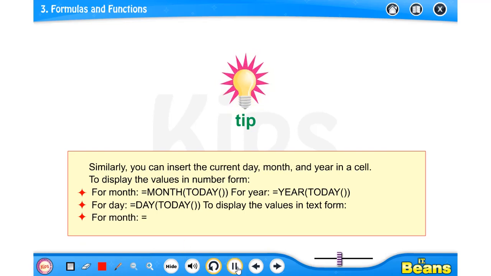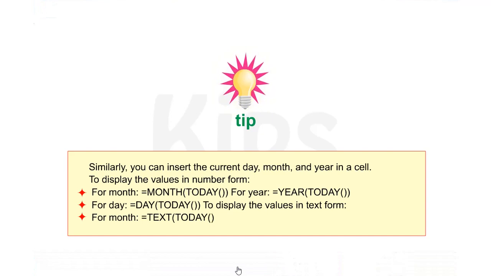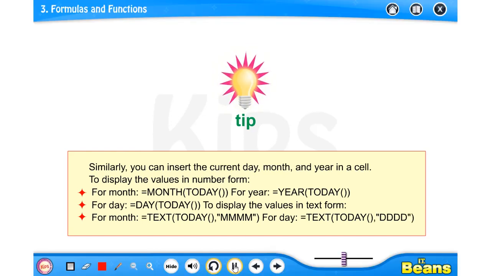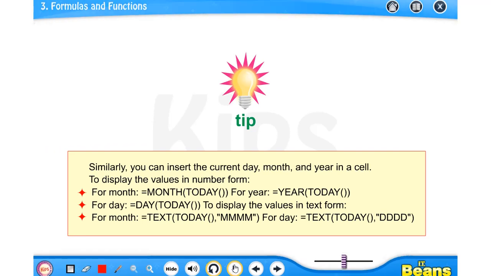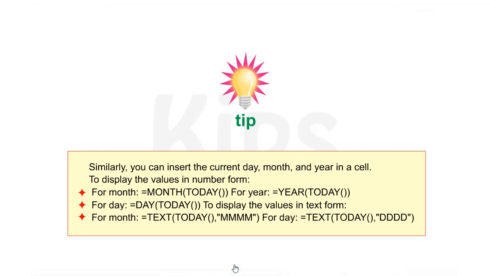For month in text form, equal to TEXT bracket TODAY bracket close, double quote MMMM double quote close, bracket close. For day, equal to TEXT bracket TODAY bracket close, comma, double quote DDDD double quote close, bracket close. This is another way if you want to see the month and date.